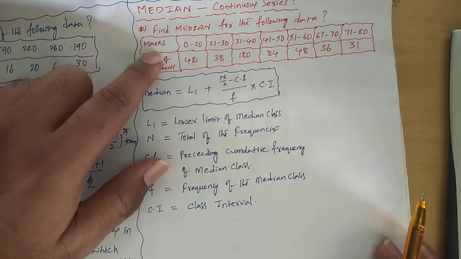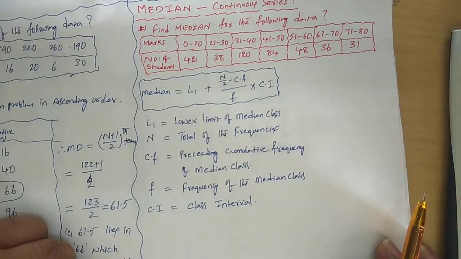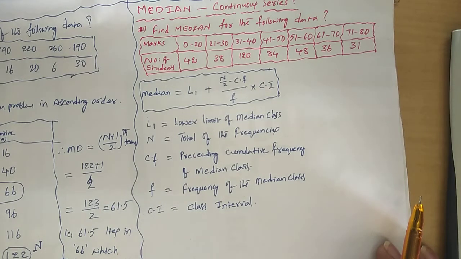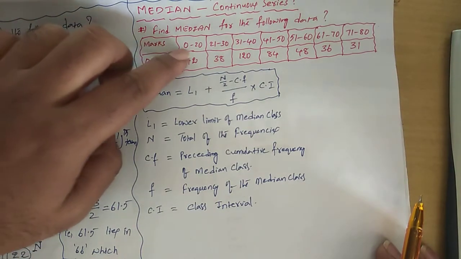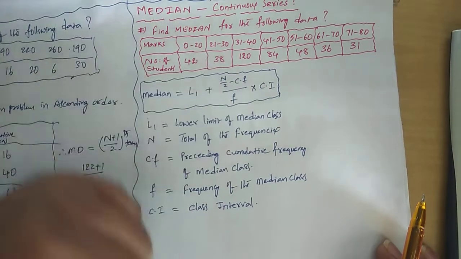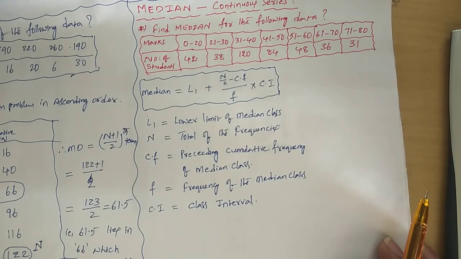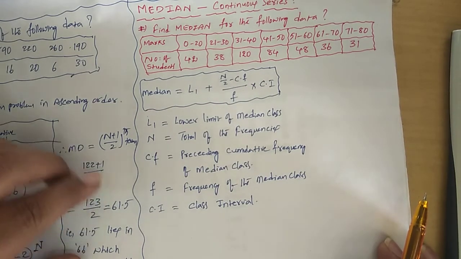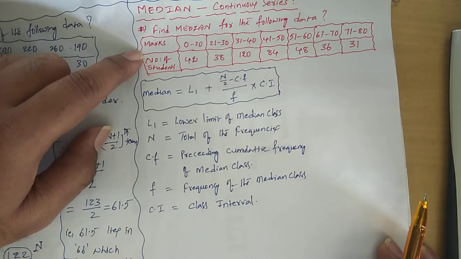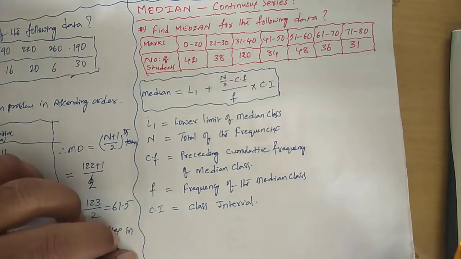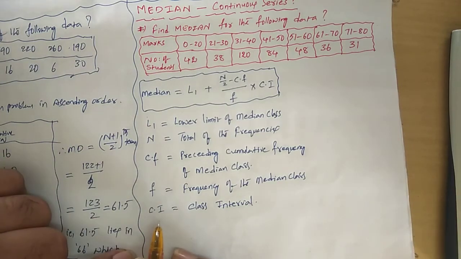We need to convert this data first of all into continuous format. Again we will go for application of the median. If the given data is in the continuous format, you need not go for the change. Directly you can apply this formula. Sometimes they twist the data like this also. That's why I prefer to do this problem. Now what I am doing here, I am making the given question into a continuous data format. How to do that? So now I am going to start the solution part.